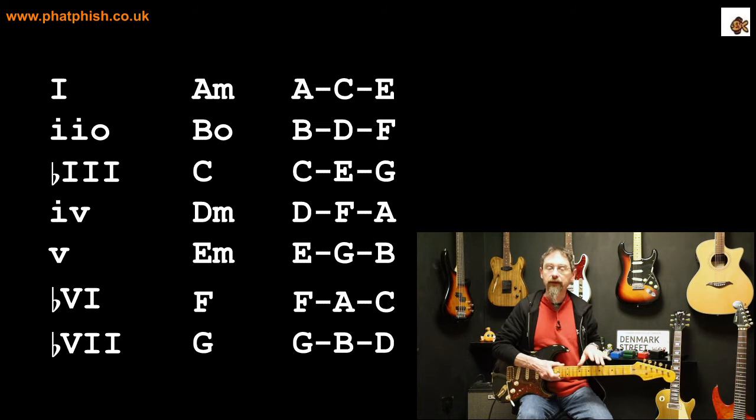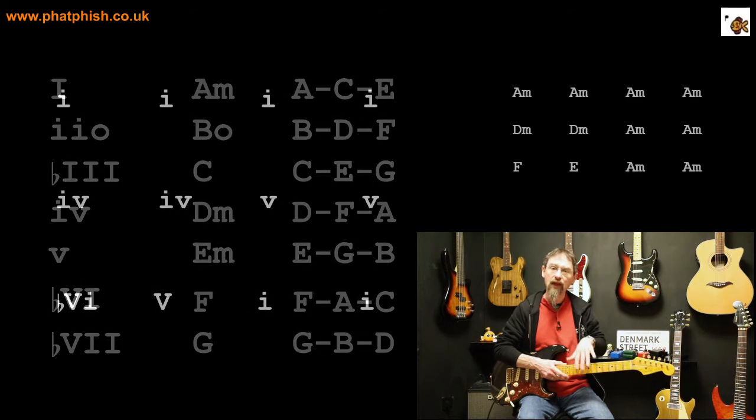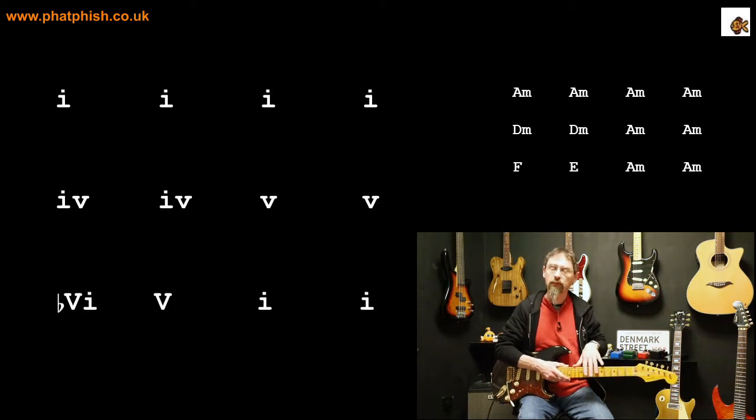In the key of A minor, the flat 6 chord is F major. So for we're playing a minor progression here, we're introducing chords from the minor key, some of which are major. So we're going to be bringing in the F major chord. We're going to be playing the flat 6 chord here. Then after that, we play the 5 chord. But rather than playing the minor chord, we're actually going to play a major as well. So we're going to play an E major there, and then go back and play 2 bars of the one